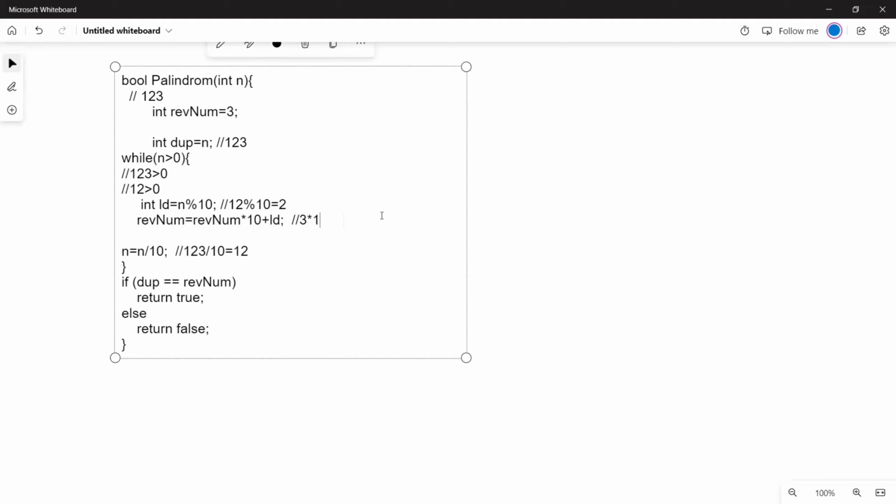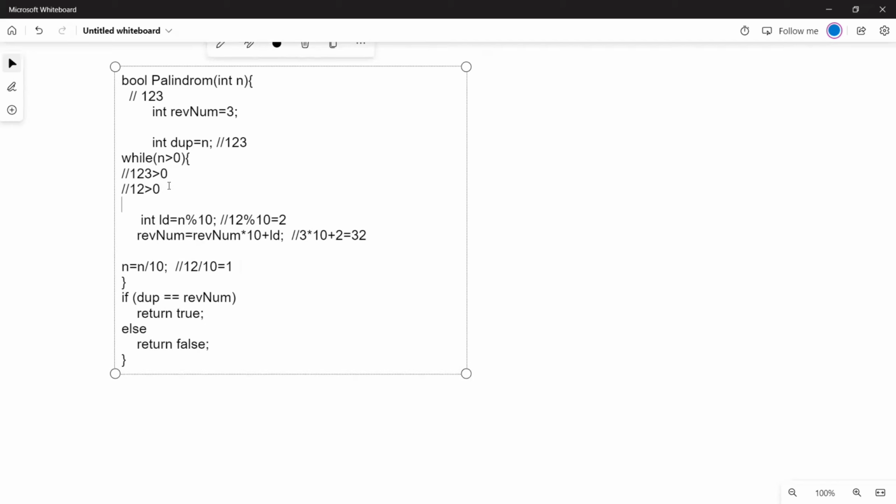So 3 into 10 plus 2, because the last digit equals 2. So we get 32. Now we trim down the number: 12 divided by 10, we get 1. Now again we check: 1 is greater than 0? Yes, it is true.